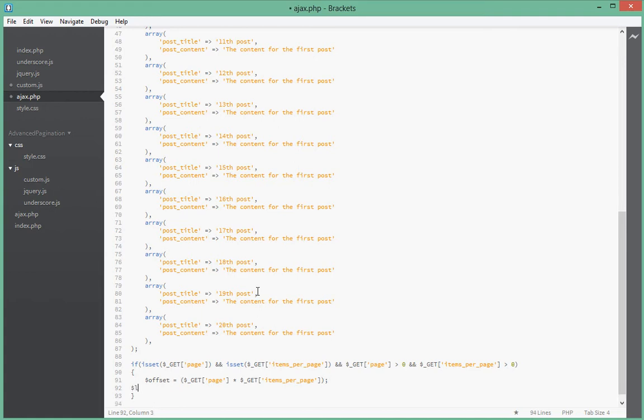So next, let's calculate the length, that is how many items we want, that is items per page. All right, so that is also stored in items per page in the global variable, so we'll just get it from there, items per page. Okay, so next we're going to get the post. Now we're going to be making use of the slice function. So post equals to